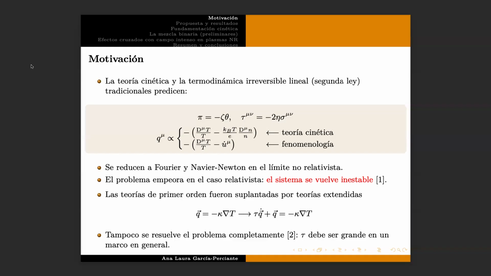So that led to the consideration of second order or extended theories. The ones like Israel and Stewart, which basically, this is the non-relativistic case. I didn't want to put all the equations, but basically, the problem with instability comes from the heat flux. The viscous terms do nothing to the system. It's perfectly fine. The problem is always with the heat flux. So instead of having the constitutive equation as a constraint to the system, you introduce